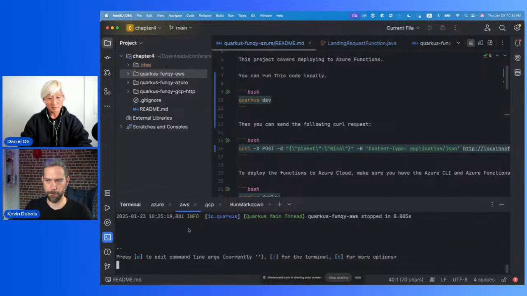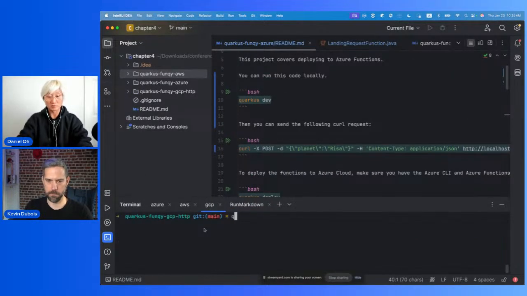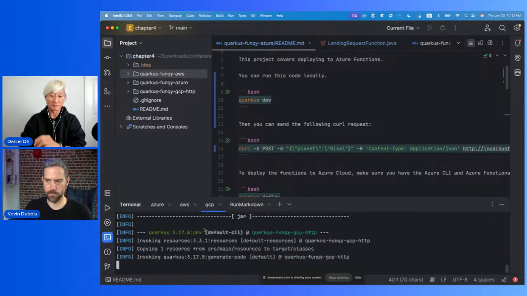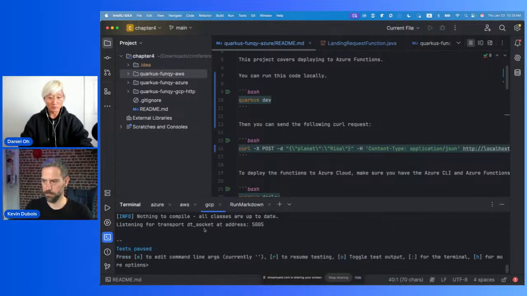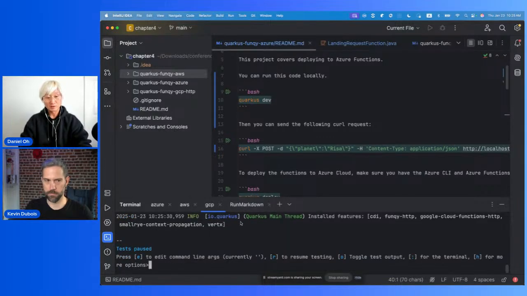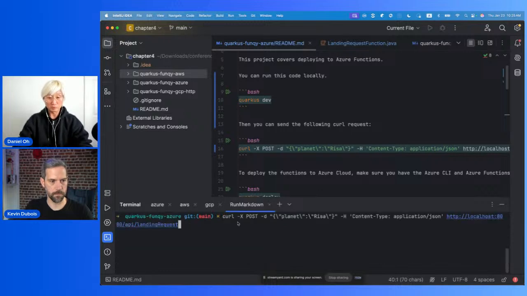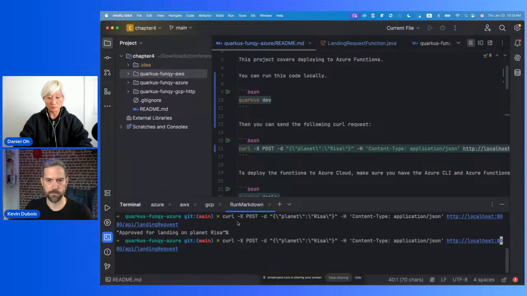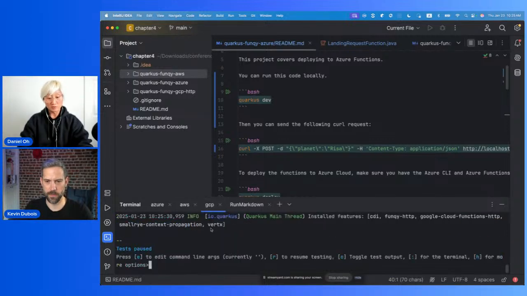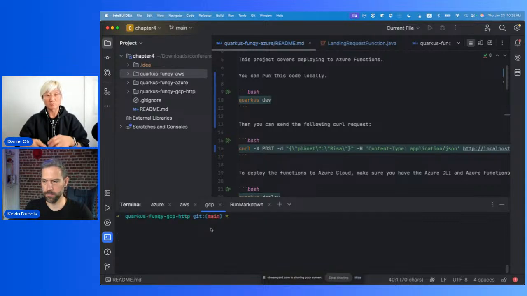And then let me try to, you can actually run 3 applications simultaneously when you export the port differently. Basically the port of the Quarkus demo is 8080. And that's why I stop it and then start again a different project. And then I'm going to try it one more time. I'm going to change the planning name, something like Earth, and then you can see that it's the Earth. So I just quickly checked a simple Quarkus function across multiple serverless platforms locally,